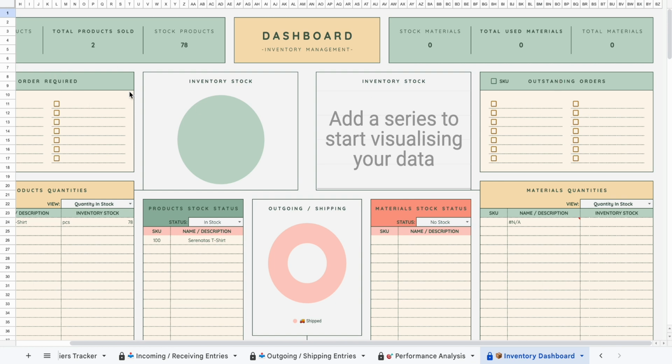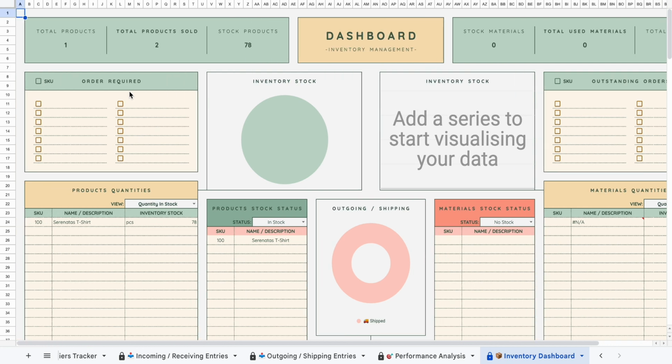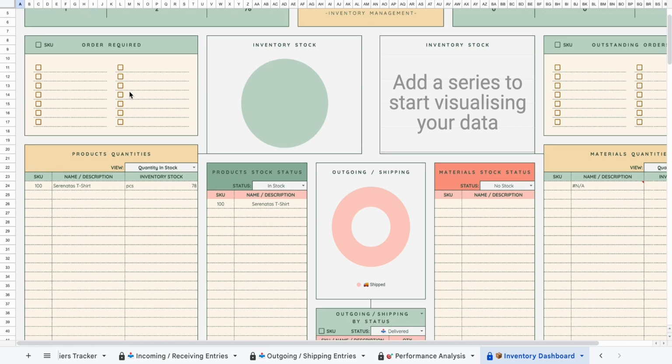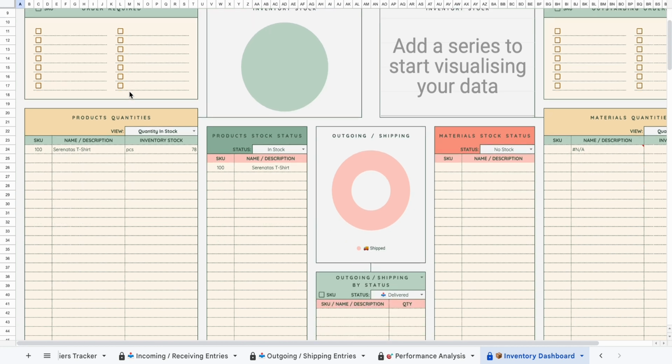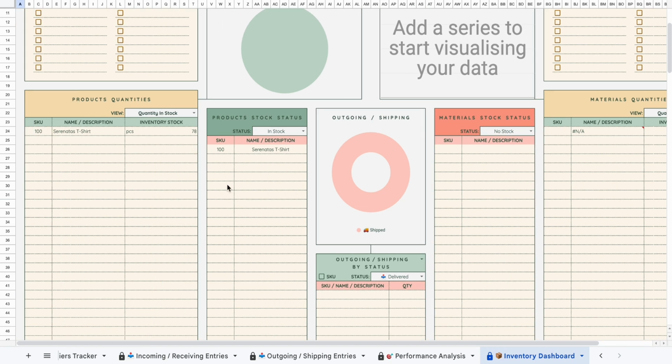These boards work together to ensure you're never caught off guard by low stock and that you're always in the know about incoming orders. Managing your inventory has never been easier with these helpful tools. Venture further below and you'll encounter the products and materials quantities board. The left side displays product quantities, while the right side showcases material quantities. A drop-down menu lets you choose between total sold, minimum quantity, or quantity in stock, offering a tailored view of